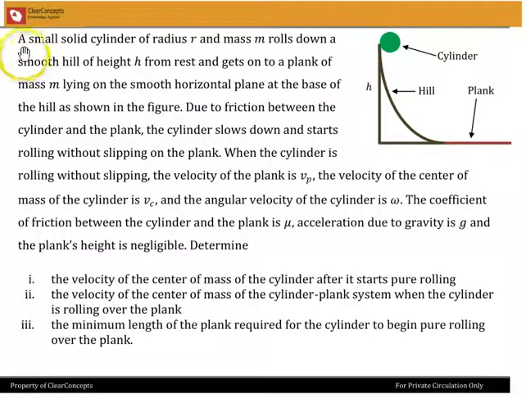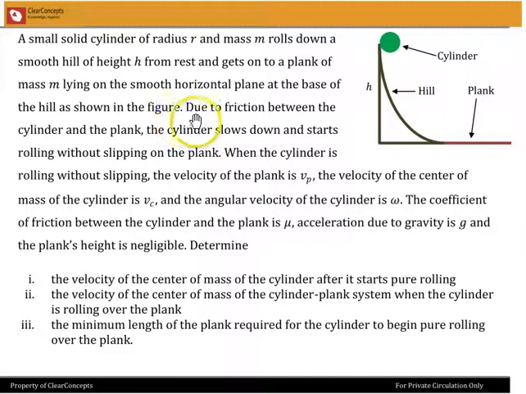Okay, so here's the problem. A small solid cylinder of radius r and mass m rolls down a smooth hill of height h from rest and gets onto a plank of mass m lying on the smooth horizontal plane at the base of the hill as shown in the figure. So here's a cylinder, here's the hill, here's the slope of the hill, and at the base there is the